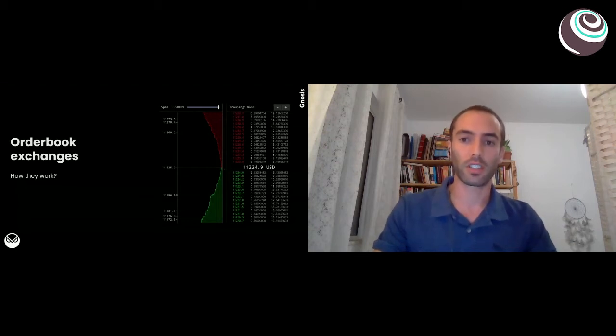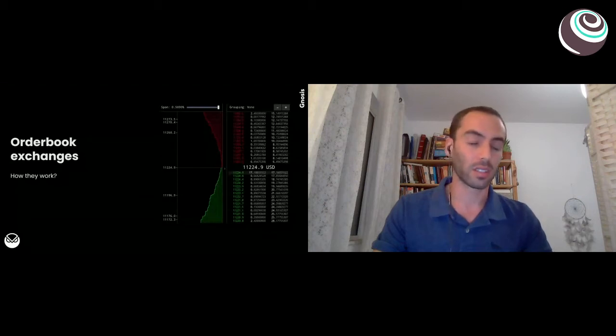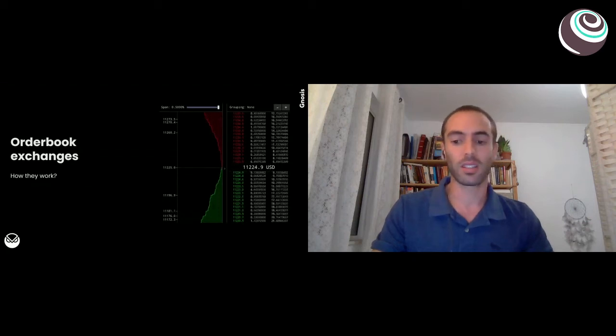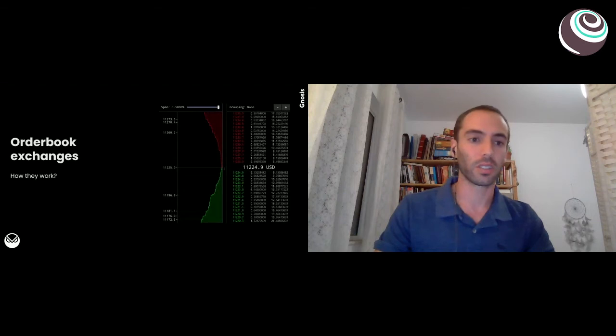So those are two of the functions of the exchange operator. They keep the order book updated and match trades. And you probably know that centralized crypto exchanges often also do trade settlement and custody of user funds. But this is not the case for decentralized exchanges, and actually it's not the case also for traditional exchanges, where there's a different party that does custody of funds and also usually settlement.